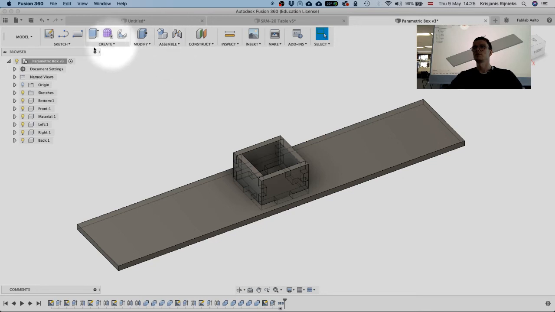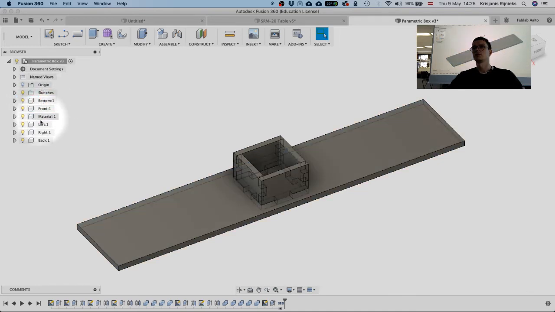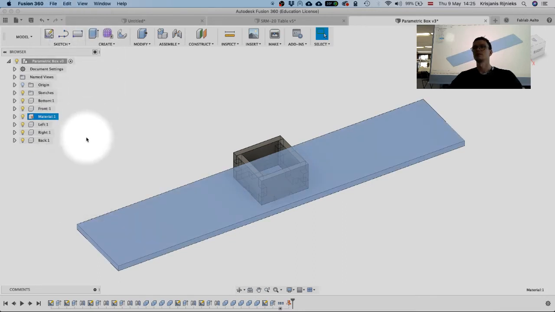But before we use that, we need to somehow hold down the material. So I'm just going to move it somewhere. It's not really easy to move it around, so it's somehow alphabetically ordering it. So we need to use a function that's called ground. Ground means that we are going to somehow stop it from moving around, so like this. And then